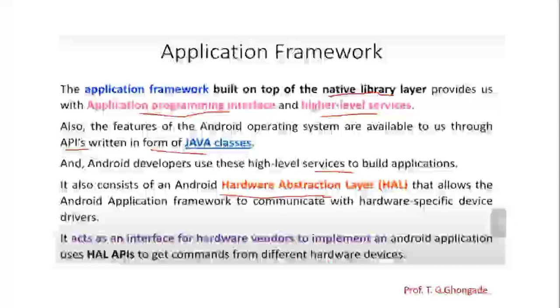It means that, for example, if you are using another hardware and you want to connect it, right now you are using your OTG, and with the use of that you can connect your mobile phones and access the pen drive. Okay, you can access the pen drive within it. So it again provides an interface between different vendors to implement an Android application. Okay, so we can say that it provides an interface between the pen drive and a mobile device by using your OTG, that means by using another hardware device.